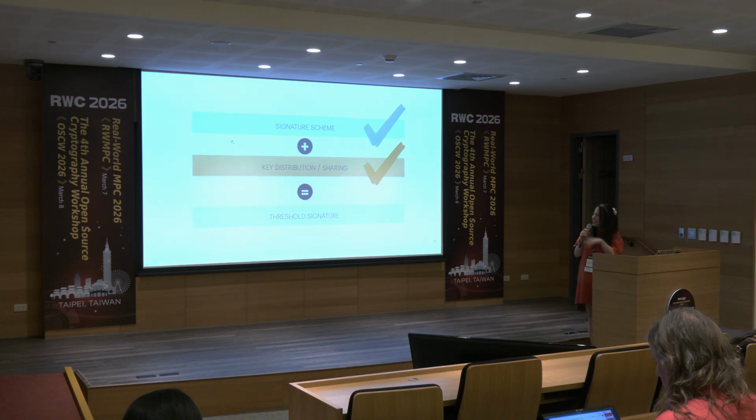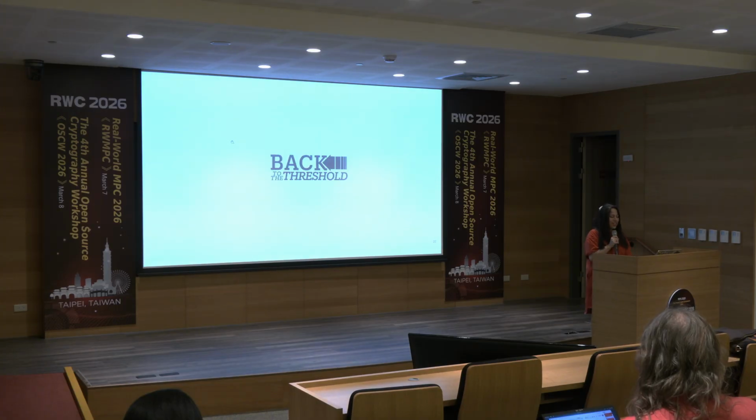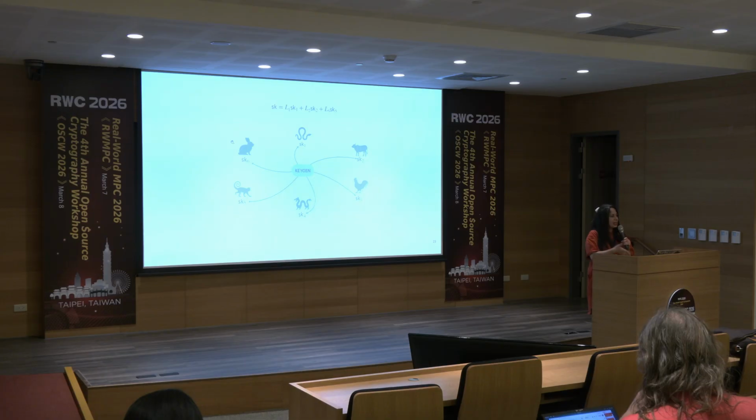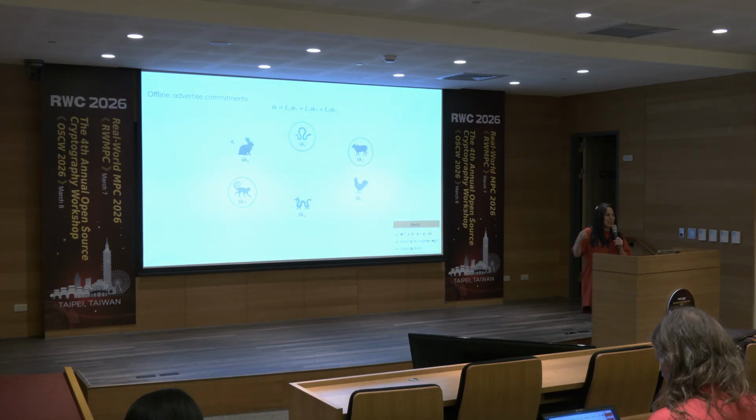Okay, so with that, now we have a signature scheme, and we also have a way to create short secret shares of that specific secret key. So now let's look at the threshold signature itself. Back to the threshold. First, we have the key generation, which produces the verification key, a secret key associated with that verification key, and short shares of that secret key. Then we enter the actual signature procedure, and the first thing, if you remember in MLDSA,